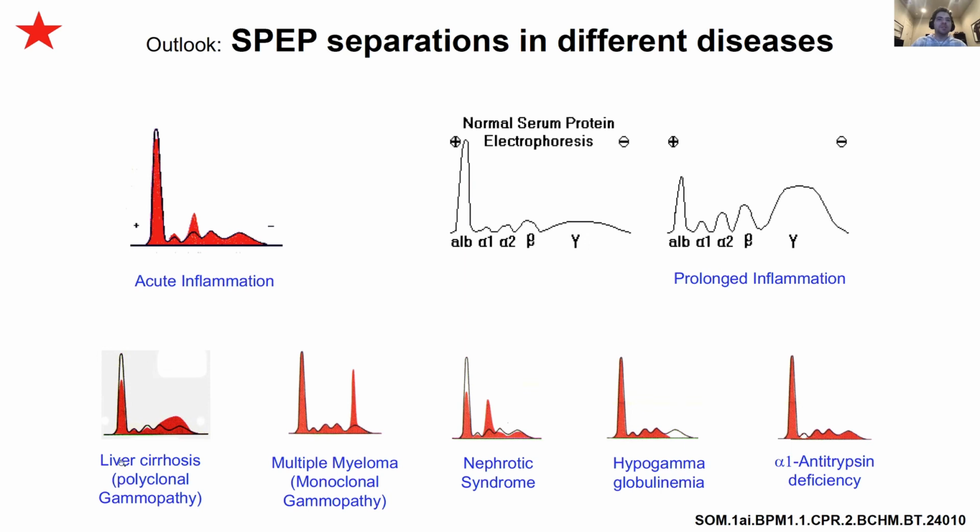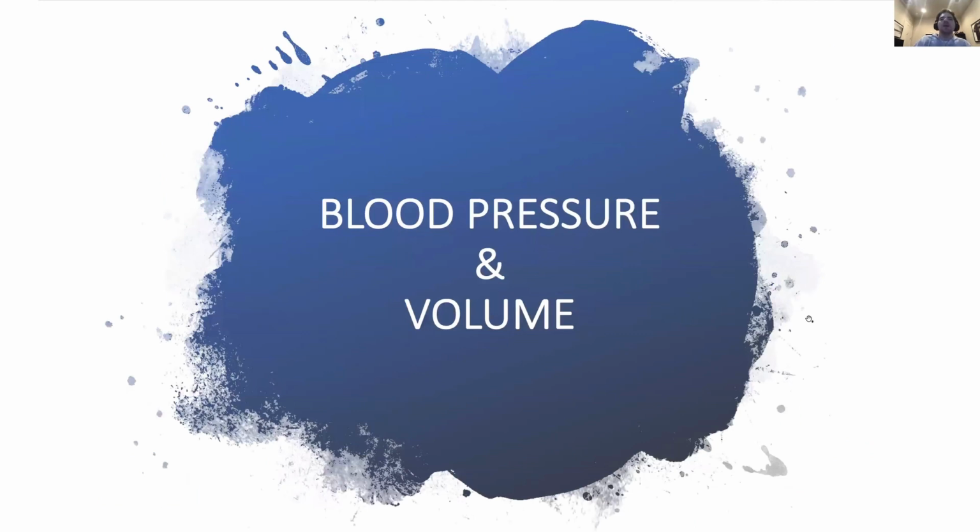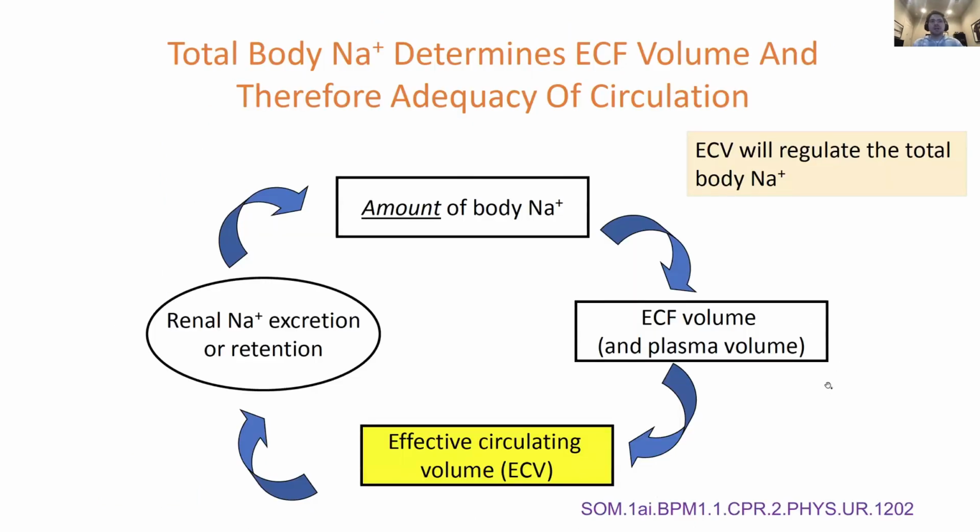Yeah, so just remember to keep these separate. This liver cirrhosis is going to cause this gamma bridge, and this macroglobulin spike is going to be for nephrotic syndrome, but both are going to cause decreased albumin. Thank you. Okay, so we kind of addressed this whole idea that sodium is going to correlate to ECF volume,